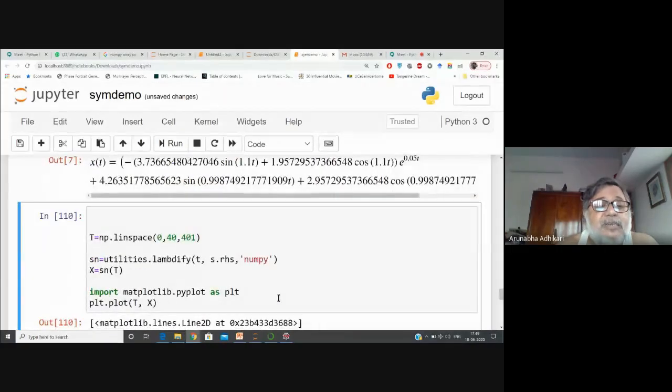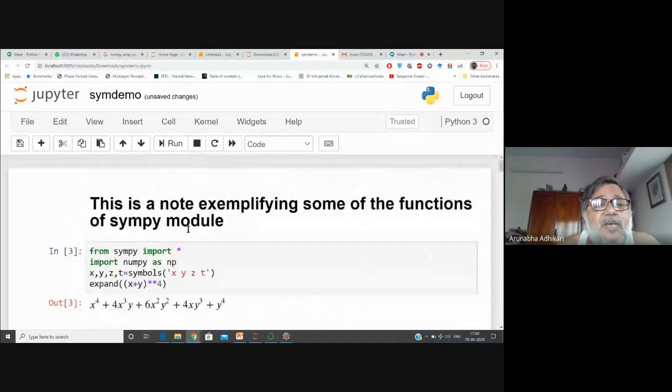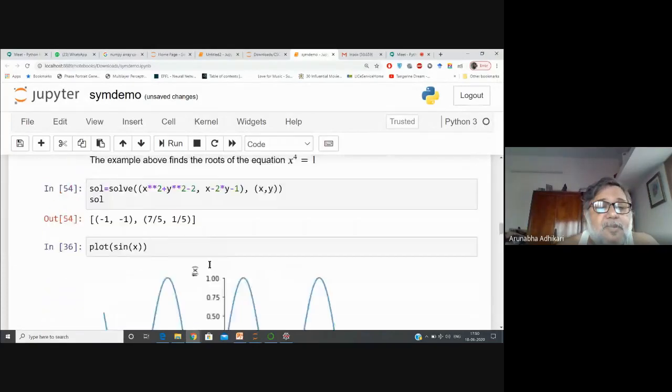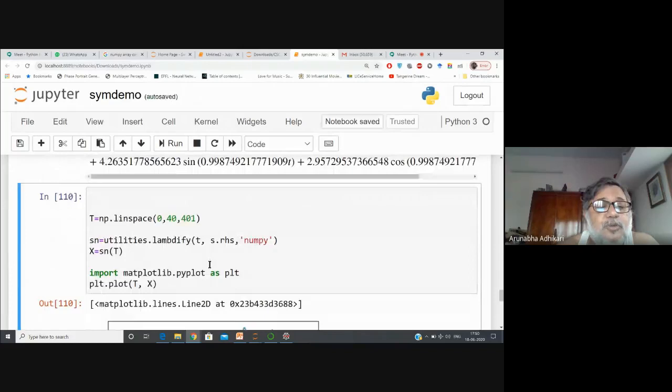The thing would be that you first go to a typical NumPy kind of thing. Because I ran this cell, NumPy is already imported. So I can run this program. Some key points are created from 0 to 40. 401 points are created. Now, this is the important thing, that I have to create something called a function from